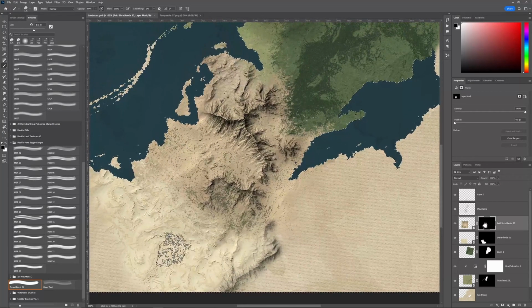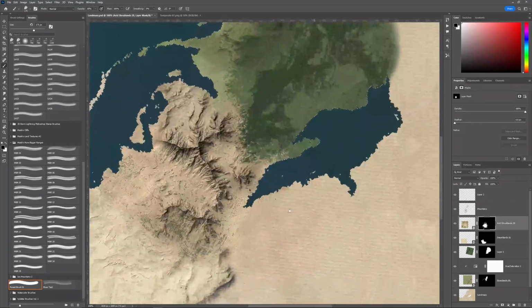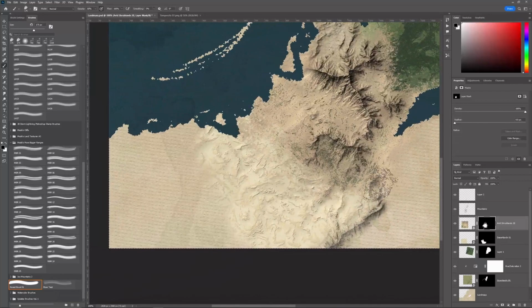You could take a sandy kind of something and put it right here. Give it a little bit more life in this valley. If you put some temperate in there. But essentially, this is basically it for my workflow. It's not anything too crazy complicated once you get the hang of layer mask. But all I'm really doing the entire time is layer mask, soft brush, a little blending brush like this forest brush,